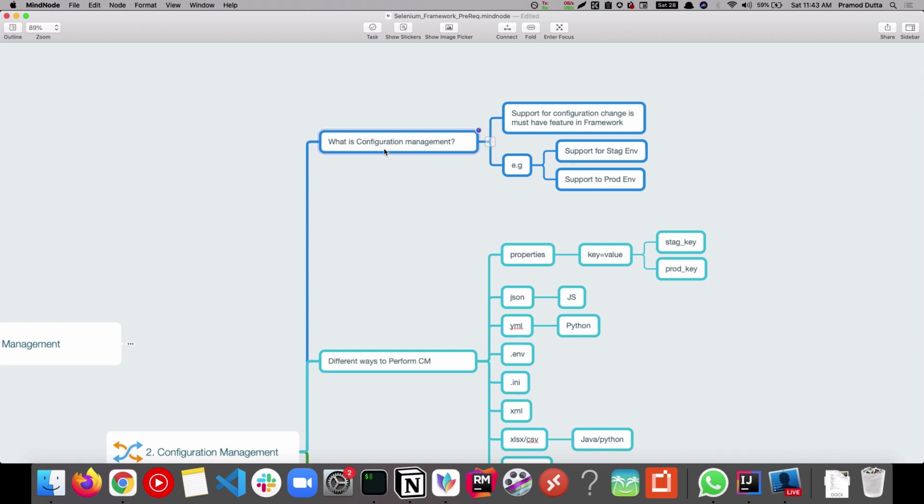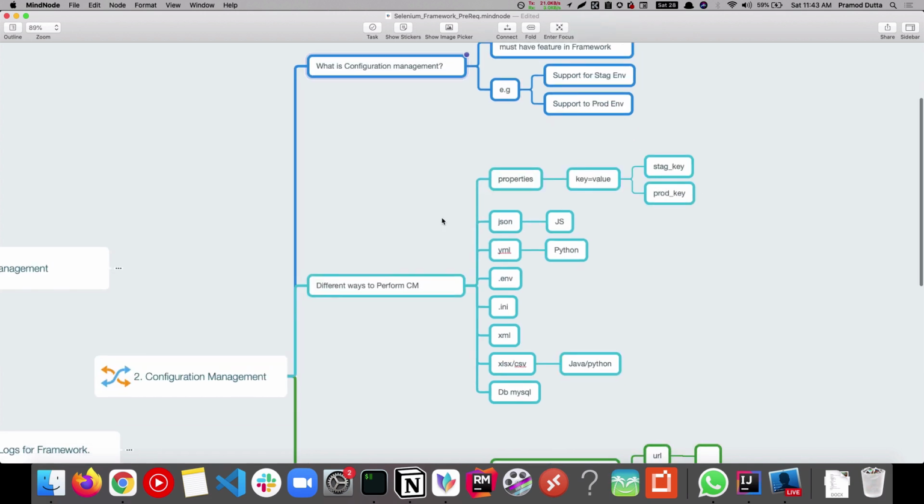So make sure the framework you are creating supports configuration management, and the configuration it picks can come from different sources, right? What are the ways? For example, you can use a very important topic called the properties file in Java. Similarly, if we are dealing with Python and other languages, we generally prefer YAML or JSON. In the past we have used properties files, and for Selenium purposes most of the time I've seen people still using the properties file.